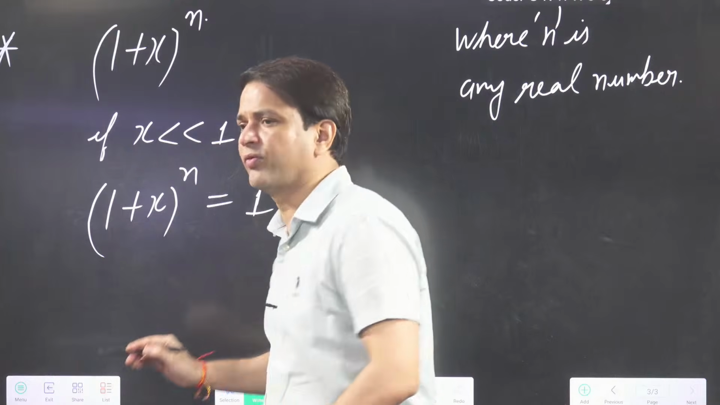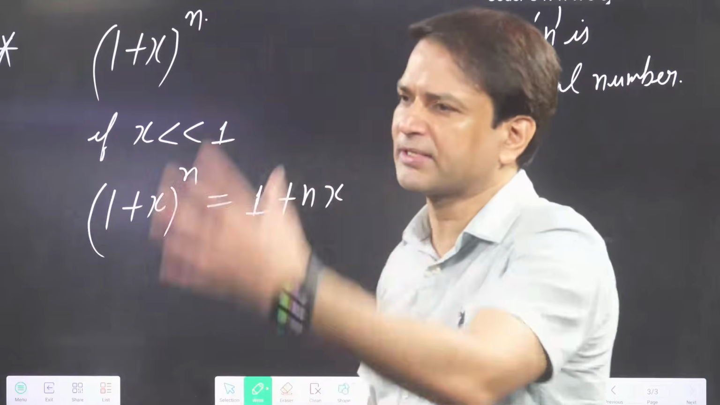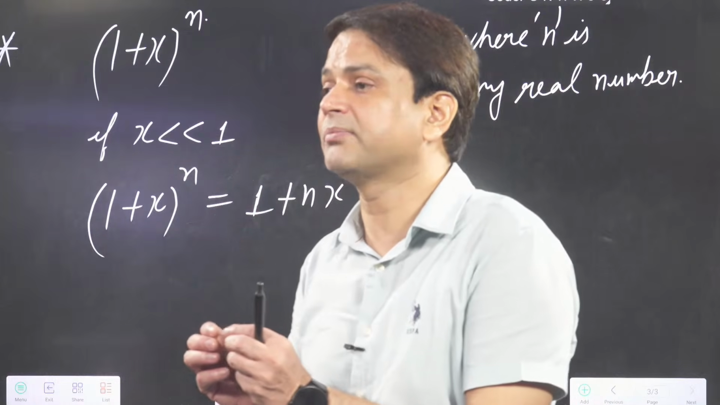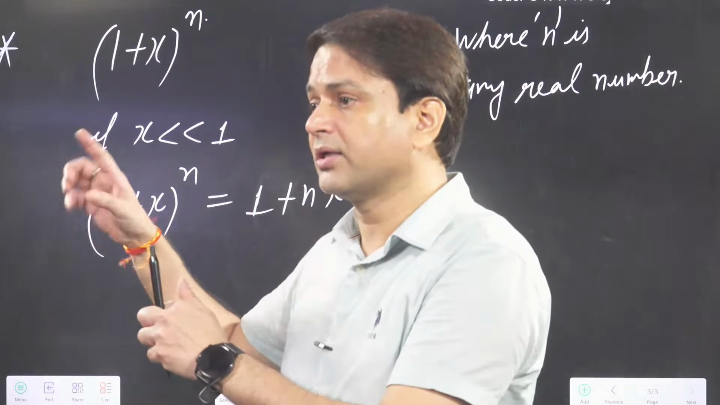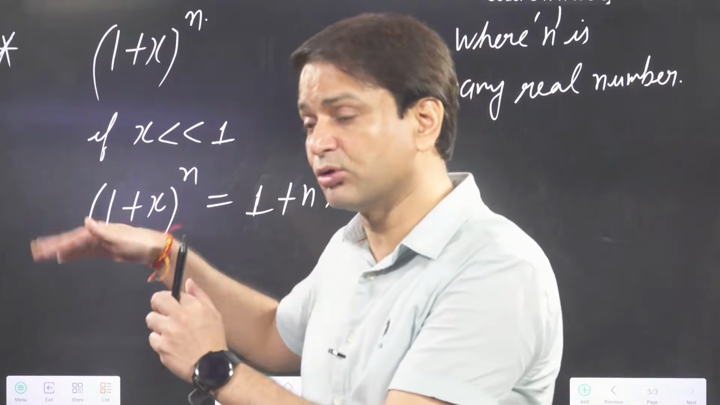When you expand this series, you will get x square term, x cube term, x to the power 4 term, x to the power 5 term. When x is very small in comparison to 1, like suppose I take x as 10 to the power minus 2, then 10 to the power minus 2 squared is 10 to the power minus 4, 10 to the power minus 2 cubed is 10 to the power minus 6, and 10 to the power minus 4